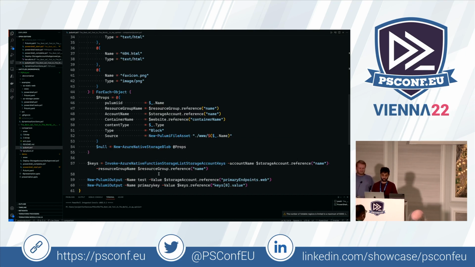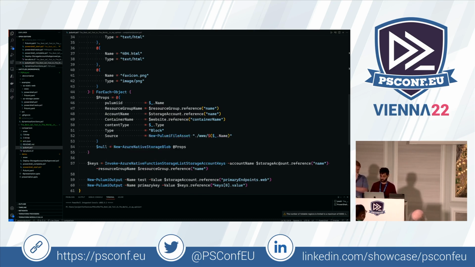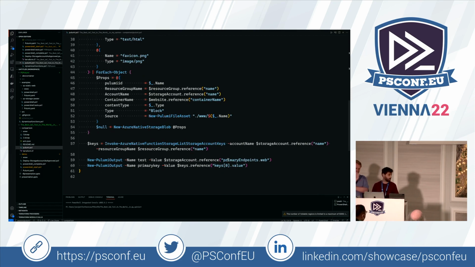Every Azure resource that you use has a ton of functions which you can call on it, and this one, for example, is list storage account keys. What we would like to be able to do is say $storageaccount.listAccountKeys, and then you could just call it straight from there. As I say, we have a beta of it, but it's not working the way that we want right now. So right now you can just call the function, and you can see I just passed in the reference to the storage account and the resource group, and I've got the keys,